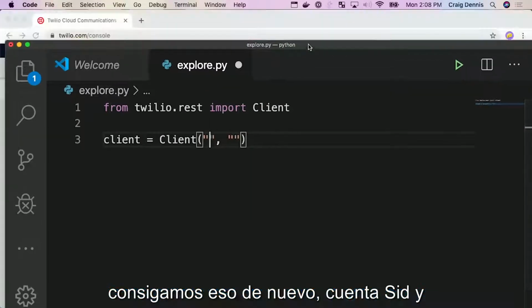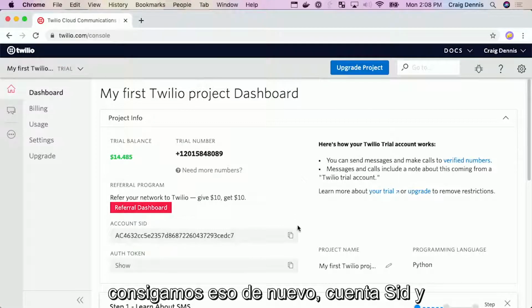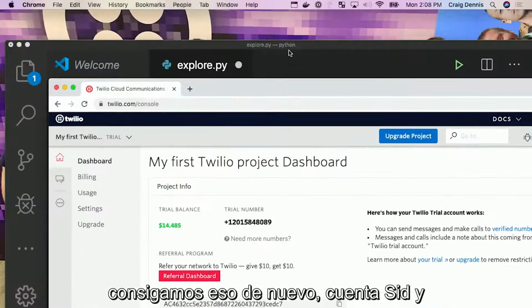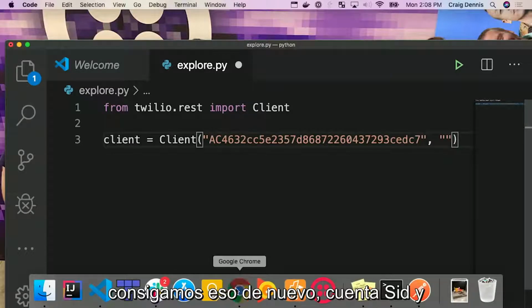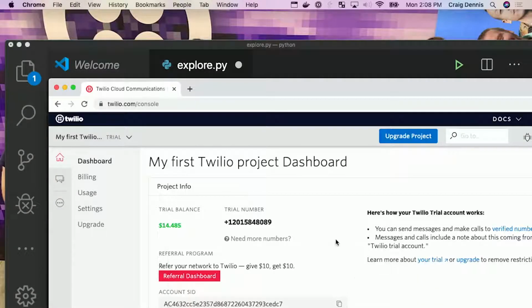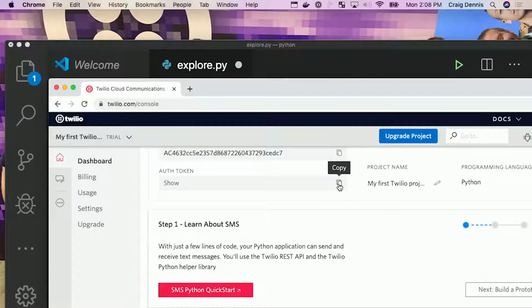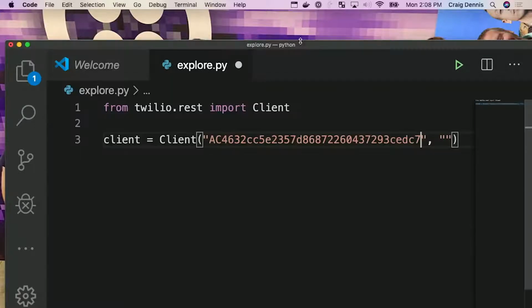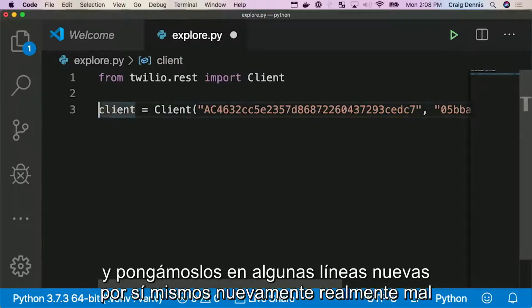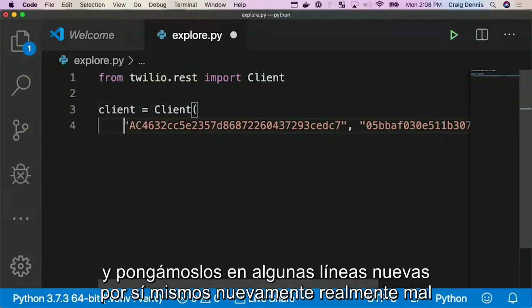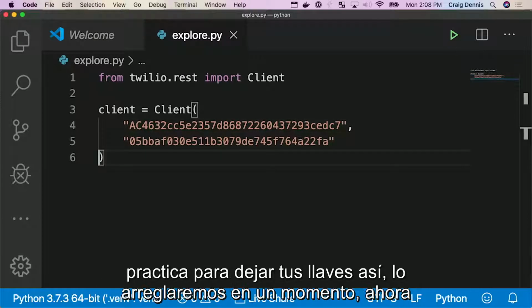So let's get that. So again, account SID and auth token. And let's get these on some new lines by themselves. Again, really bad practice to leave your keys out like this. We'll fix that in a bit.